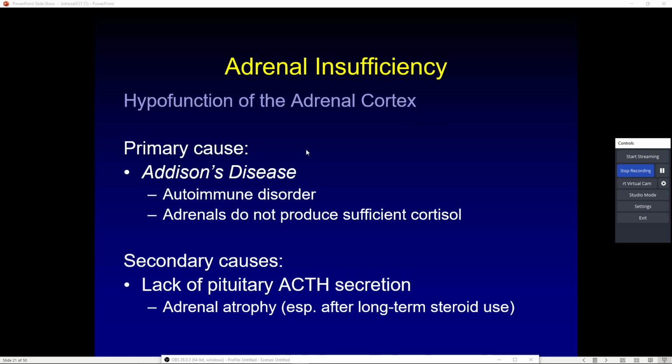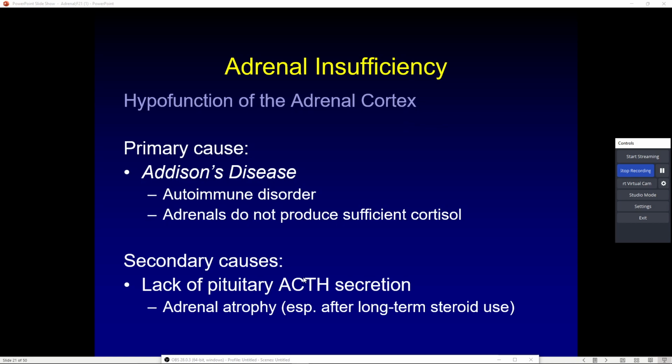Causes, well, either the pituitary is not secreting enough ACTH, or I have some kind of issue like adrenal atrophy related to exogenous steroid use. There's this thing that your endocrine system does, and it's actually pretty intelligent, and your body regulates quite well. What happens is, if your body has an organ that is responsible for regulation and secretion of a hormone directly, and it senses that it doesn't need to secrete that hormone any longer, the gland itself, whether it's your pancreas or in this instance the adrenal gland, will decrease production of its hormones.